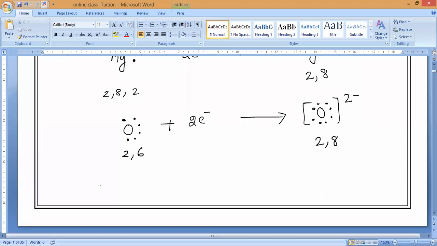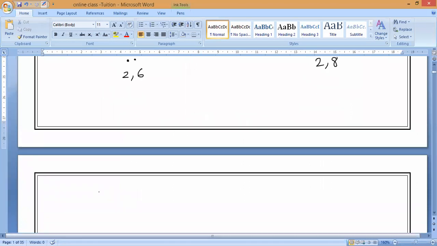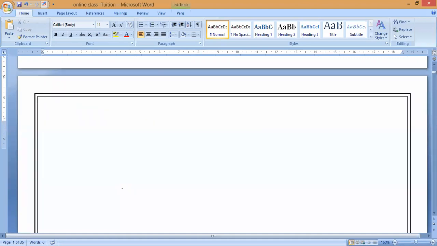Can you say what the combined state is when magnesium reacts with oxygen? Ionic, with transfer of electrons. So what is the combined form? Magnesium's 2 electrons will transfer to a single oxygen atom. Is it correct, guys? Please respond. So these 2 electrons will transfer to a single oxygen atom.